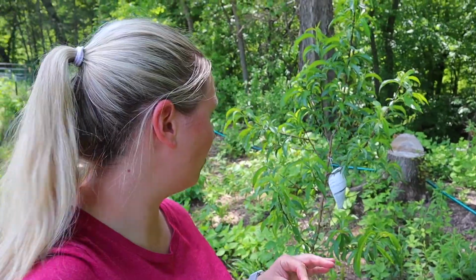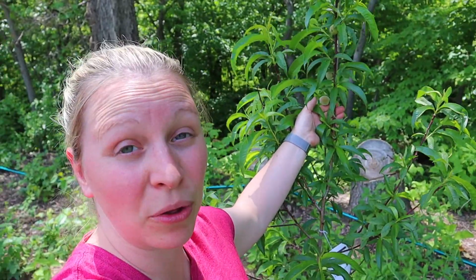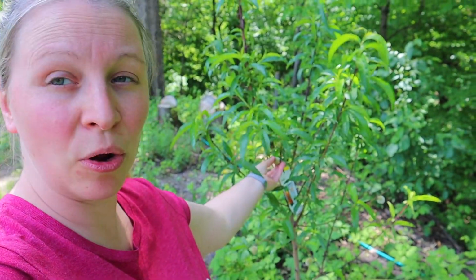On the other hand though, these Contender peach trees, I am just blown away by how well they're doing. They all have, I'm sorry, we only have 2. They both have quite a few peaches on them and they look really well. I don't know much about caring for peach trees, so we're definitely gonna have to learn a little bit about that. But I know in a local Minnesota gardening group,